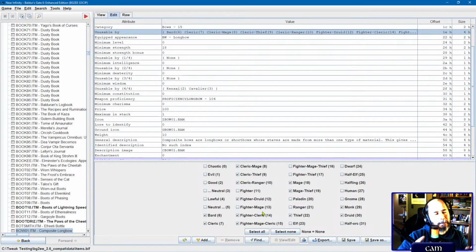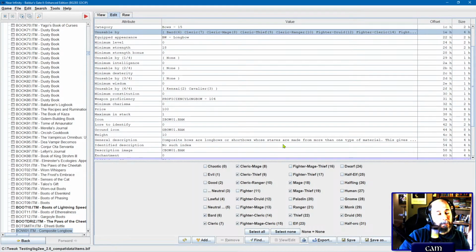Kit usability is so frustrating because somebody will say, I have a great idea for a kit. I want to do this, this, and this, and I'm going to balance it by letting it, it's a cleric kit, use bows. And it's, well, you were doing so good until you hit that part. So you can just use the parent's usability